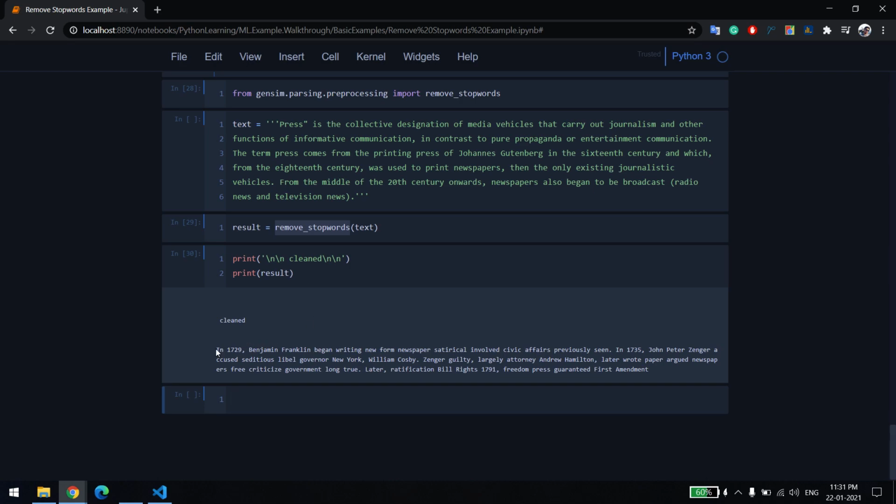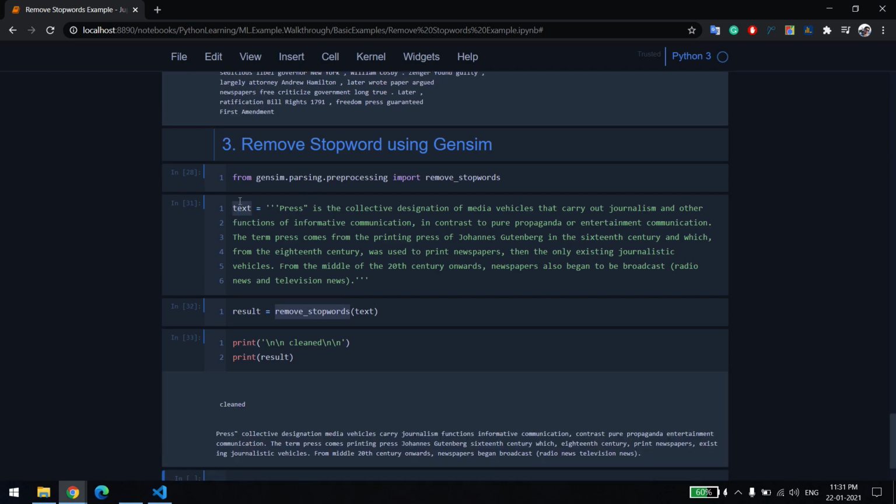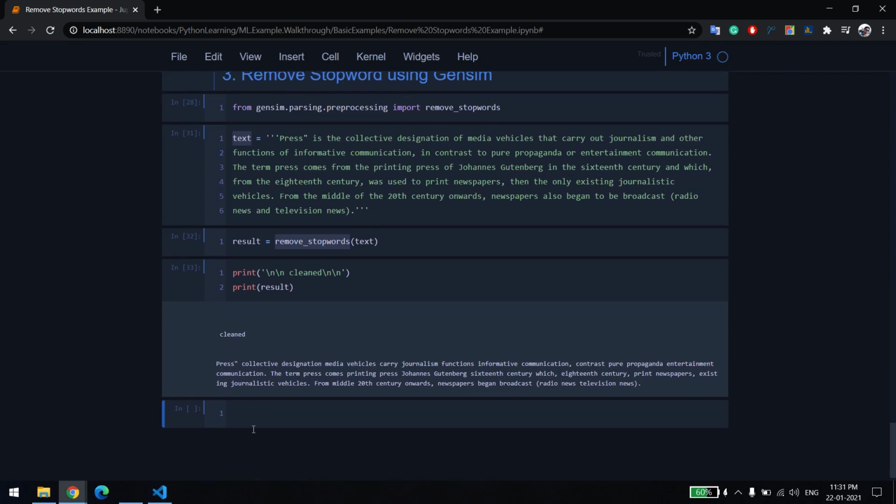Okay, my bad, let me pass this one, I didn't execute it. Okay, so you can see it's removed: "is", "the", then "of" is removed, then "media" is here, then "that" is removed. So it's pretty simple.